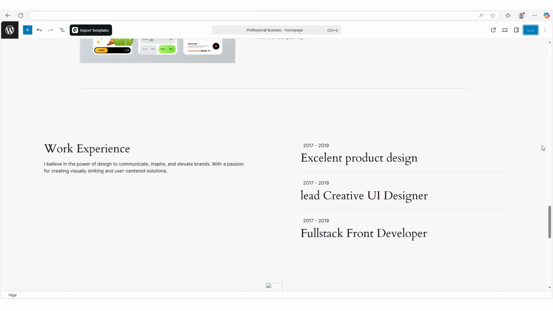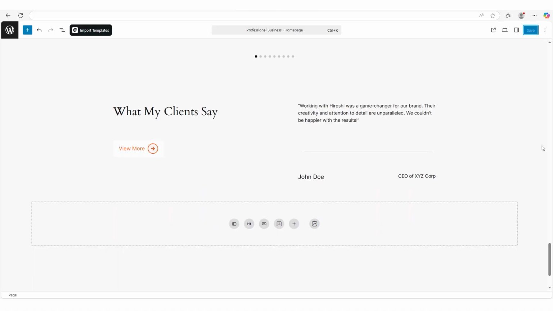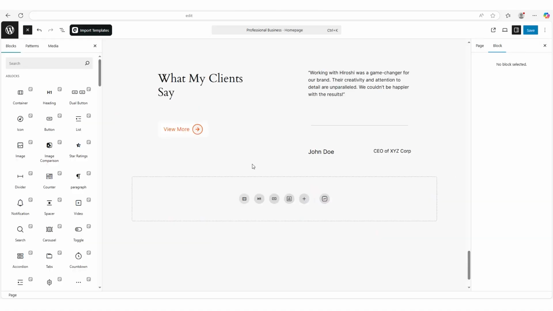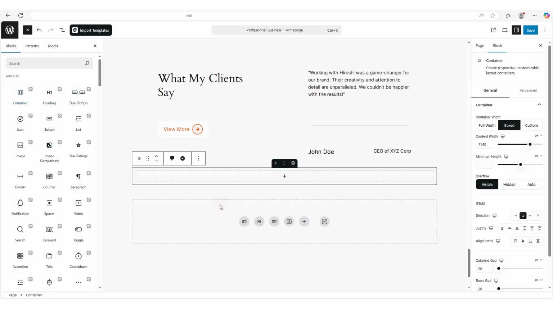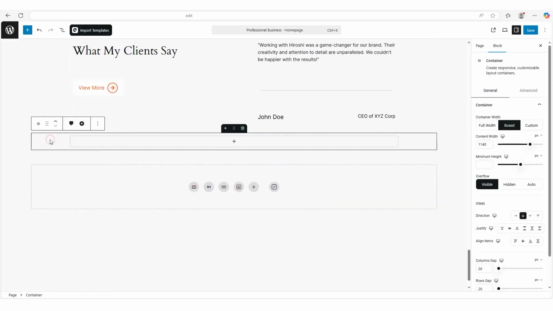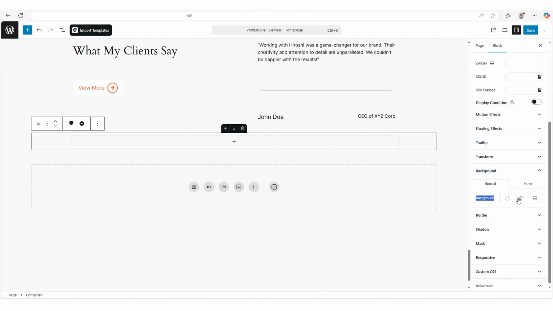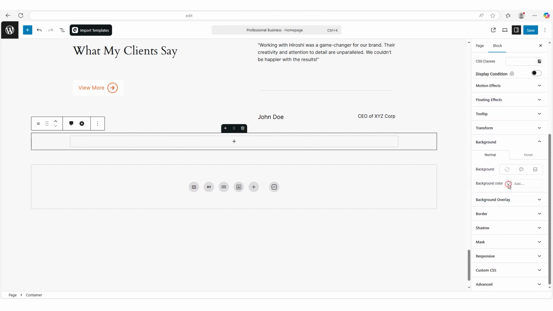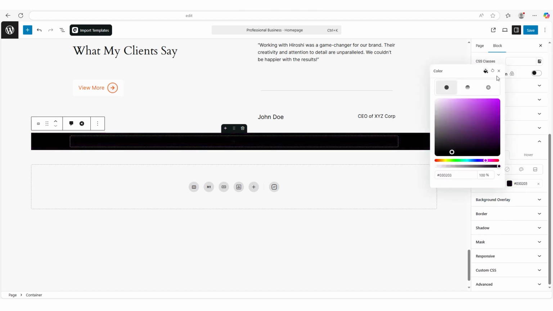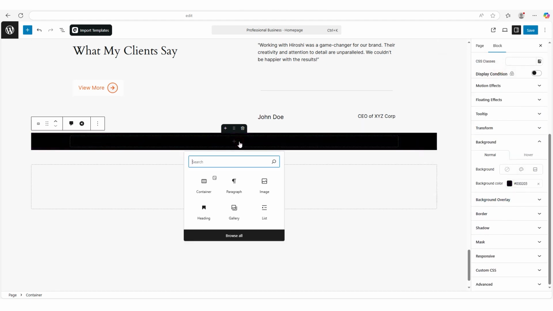Now, let's add a subscription form to the business website template. Start by selecting the section where you want to place the form. Insert a container block and set a background color that matches your brand style. Next, add a heading block. Type in your heading